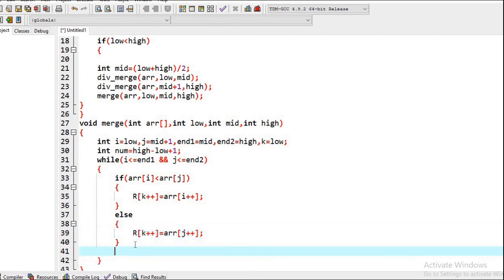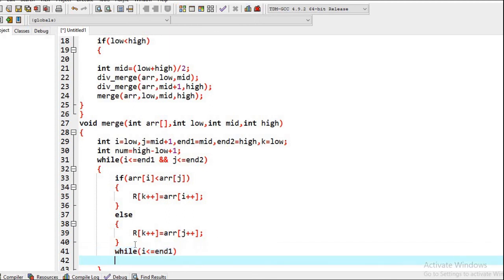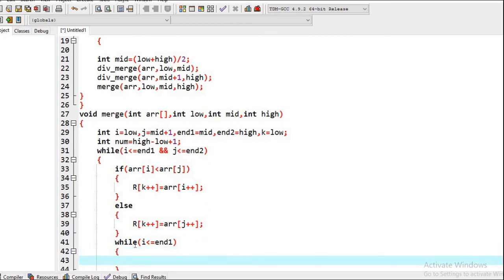Now, yes, we have two remaining conditions where we check if there are some leftover, or remaining, elements in any array. So we have to copy them as it is. For that we will check while i is less than or equal to end1. We simply copy all the elements of this part into the resultant array, R[k++], and i will also be incremented.